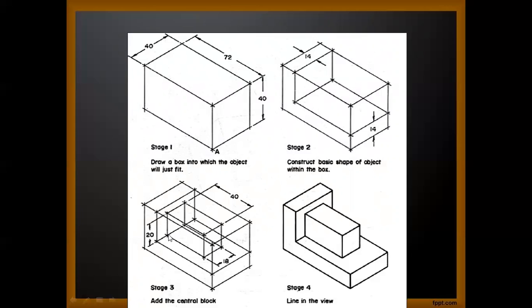After this base we need to take the height. So height is 20, so from here take up to 20, then from here take up to 20 and join it. After joining this, we can draw two parallel lines from both these points parallel to this. So take a parallel line up to the length of 40, join it. Similarly, as we have completed the back rectangle, we can complete this rectangle or parallelogram also by joining all these points. We'll get our main diagonal line.